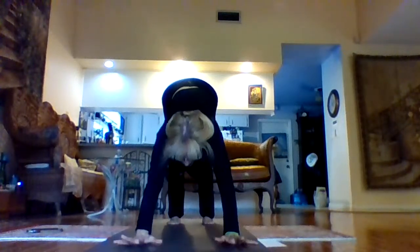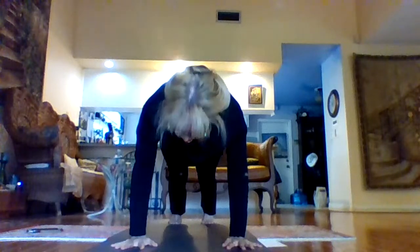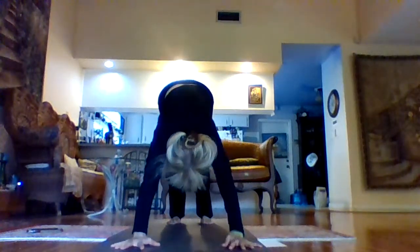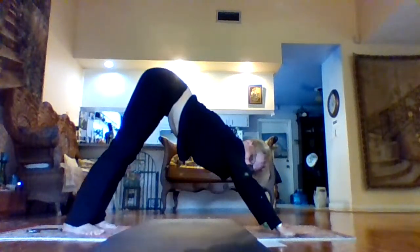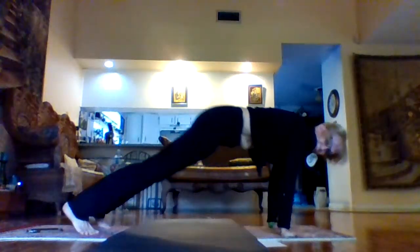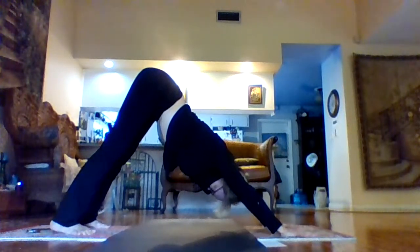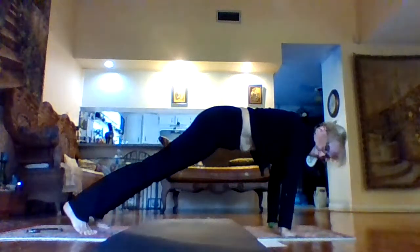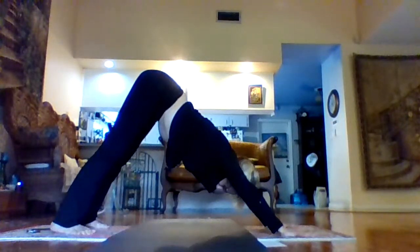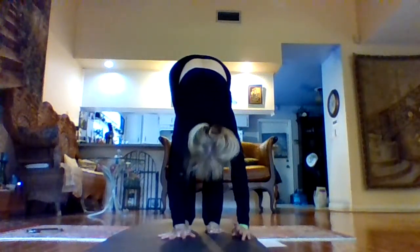Downward facing dog. Stretch out the fingers and roll forward into plank. And then back to downward facing dog. Coming forward and pressing back. Once more, come forward, plank, press back, walk your hands up, your feet to your hands, lift up, arms out,